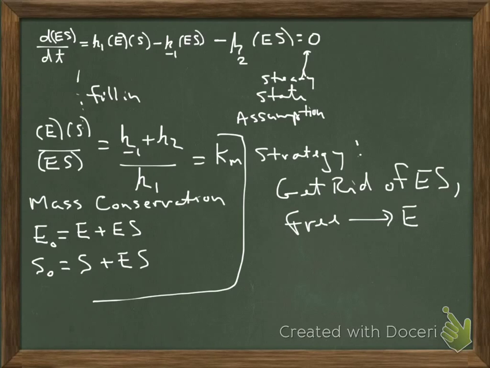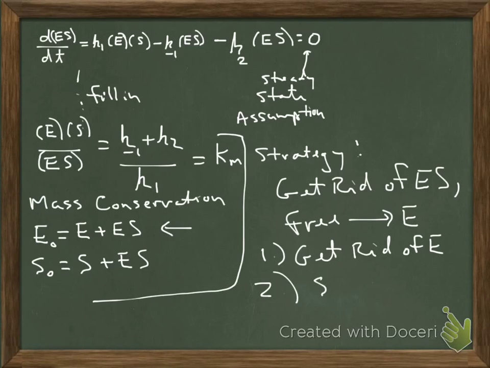We need to get rid of both of those things. And so in order to do that, I'm going to use this equation right here, because I do know the total amount of enzyme. But I don't know E and I don't know ES. And what I want to do is first get rid of E, and then substitute in ES. Okay, if that sounds like a good strategy. So if I can get E in terms of ES,